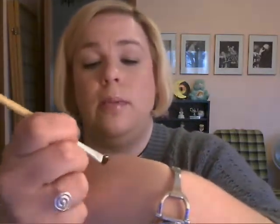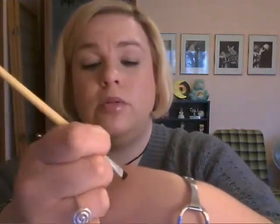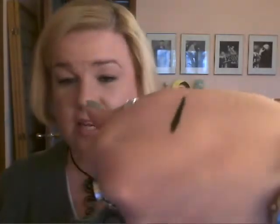I'm just going to take this angled brush. This is Ego Tools angled brush. I get just a tiny bit, and I dab it, and then I even wipe off the excess on the corners or the sides, and it's still pretty heavy. So let me show you without making it too ridiculous. So there it is. Like I said, very dark, very strong,